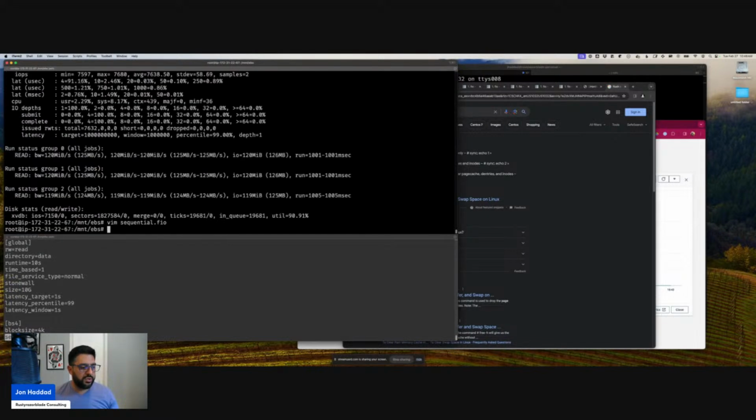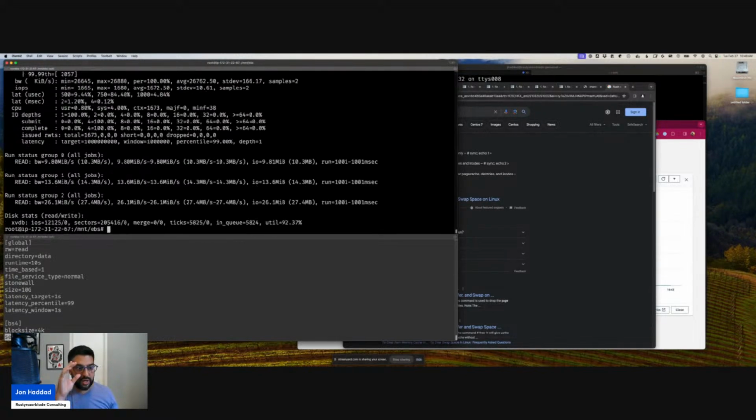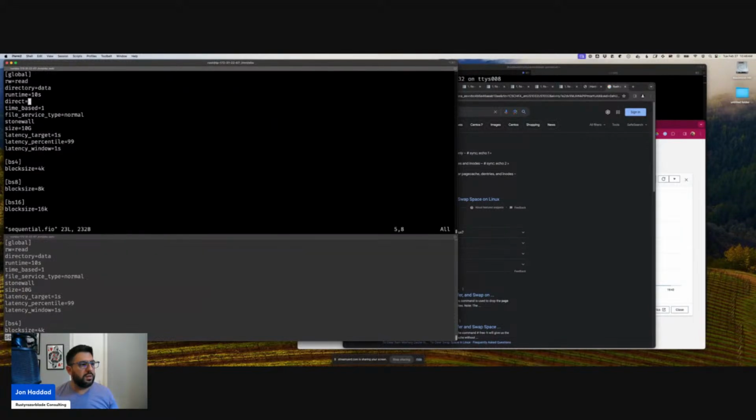This is going to test the raw performance of the underlying device without relying on page cache. So let's just go ahead and now that we see that, yeah, see, look at those numbers drop like crazy once we switch to direct IO. So instead of running for 10 seconds,